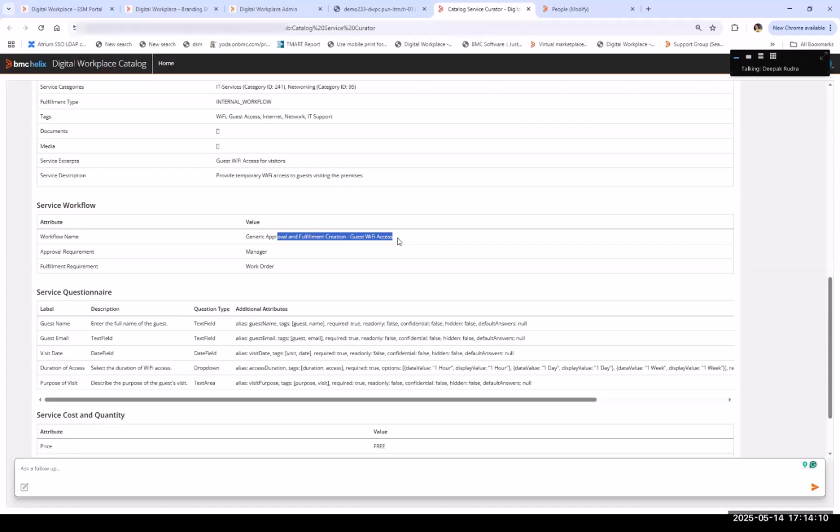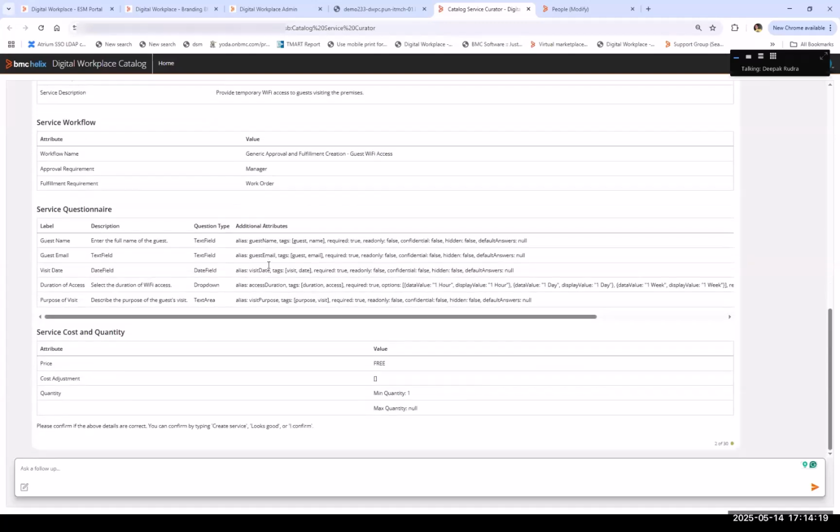So that means all your services are not pointing to the single workflow. They will be pointing to a copy of the workflow that you can customize. So then you have all the questions which are created automatically. You have price, quantity. In this case, we are running into some problems, but you can always chat with it and say set max